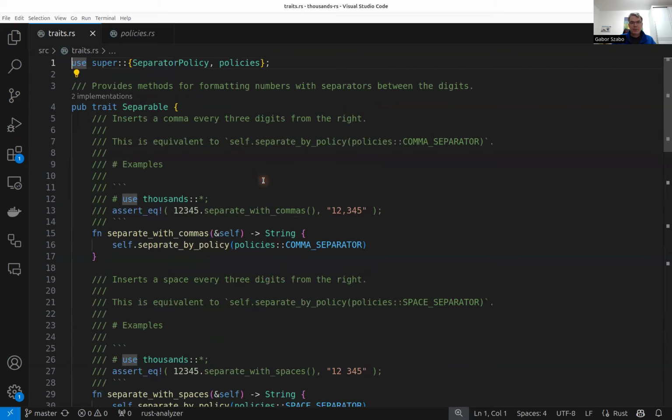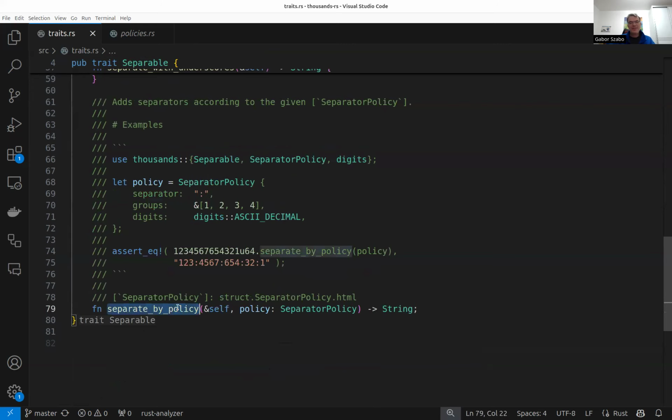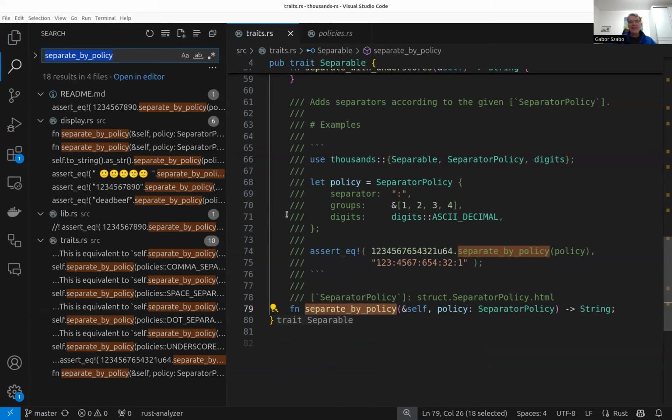Okay, I think I started to understand this now better than earlier. So let's try to figure out what the separate by policy is. I'm a bit excited about showing this live and showing how much I might not understand what I'm looking at. So there is this trait called separable, which defines a method,